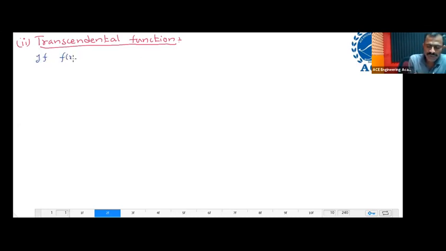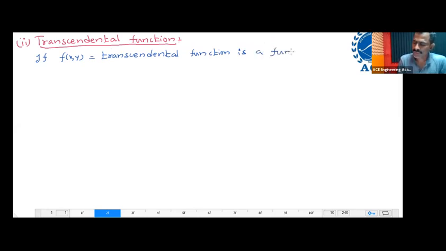If f of x comma y equal to a transcendental function of g of x comma y, where